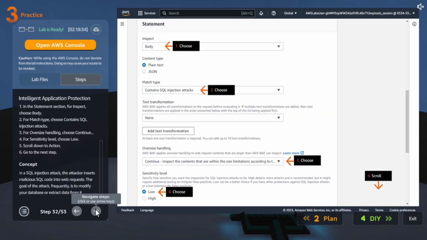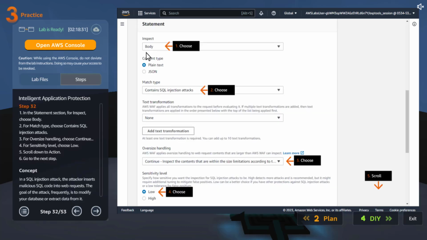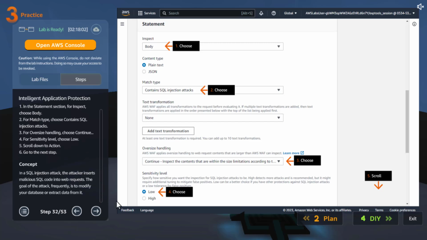This is another attack type, and this time it is going to be body and plain text, and then contains SQL injection attacks. And then we are going to choose inspect the contents that are within the size limitations. Then sensitivity level low,